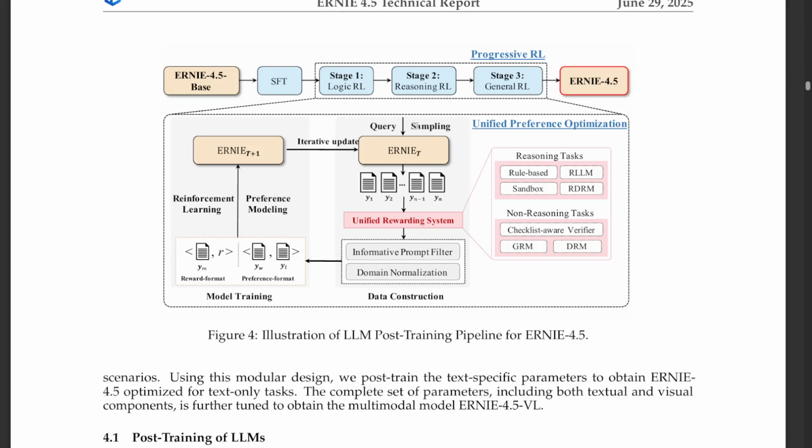Verifiable rewards are crucial. This really gets at the question, how do you make an AI genuinely think and understand complex inputs, especially images, in a way you can trust? This seems like the secret sauce. It's definitely a core part of it. For the non-reasoning tasks, which might be more about style or helpfulness, they use different tools. Checklist-aware verifiers, checking against explicit criteria, generative reward models, GRM, providing more nuanced multidimensional feedback, and standard discriminative reward models, DRM. So a whole toolkit of reward methods